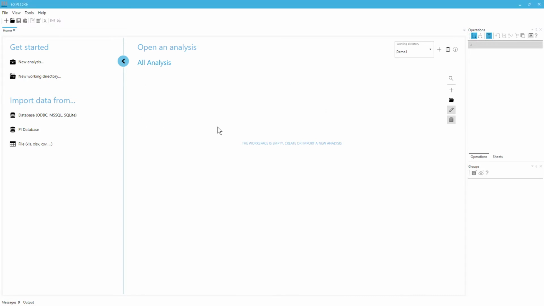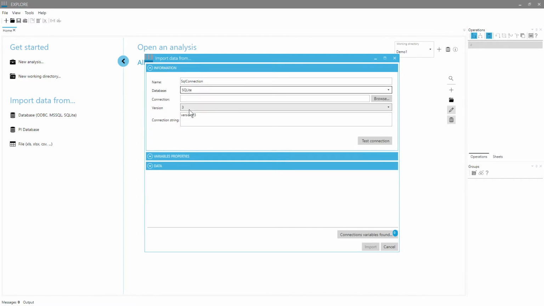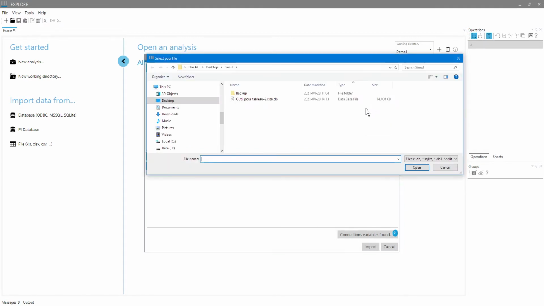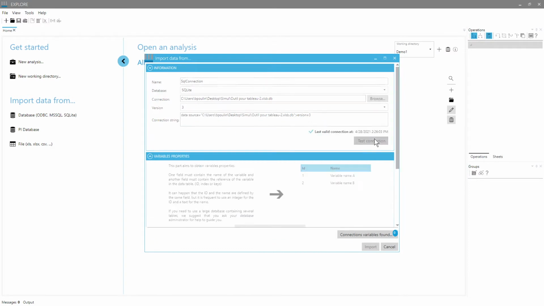So at first we're gonna import data. To do that, we're gonna connect to a database. So this database is on SQLite on my computer here. So we're gonna import the data,